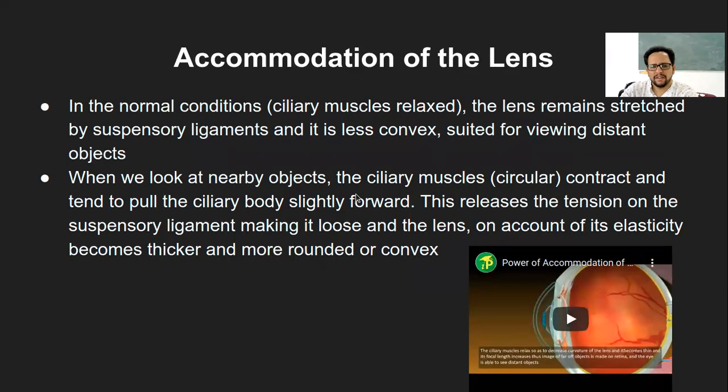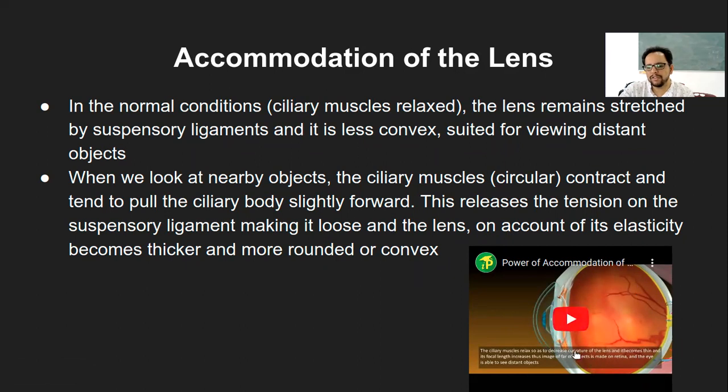Again, this slide explains the same things. I'm not going to talk about it. Just the same thing in terms of ciliary muscles, whether it contracts or it relaxes. If it is relaxed, the lens is going back to its original position, or it becomes more like a stout structure. If it is contracting, then it becomes thinner. So that way it is being explained.